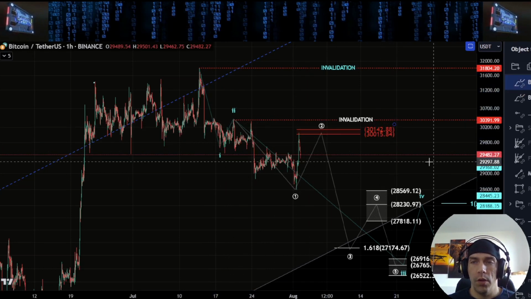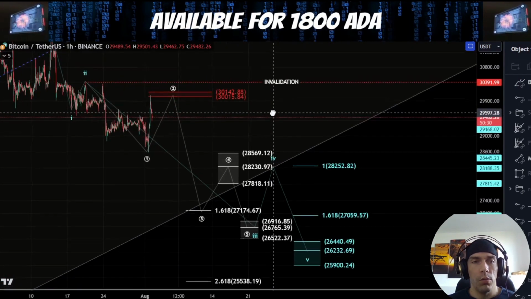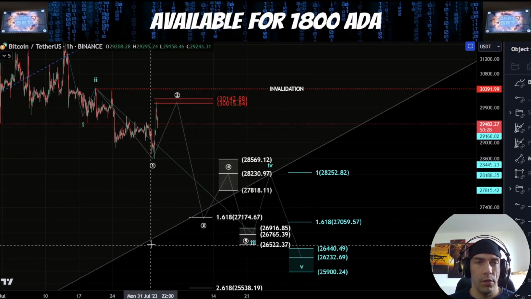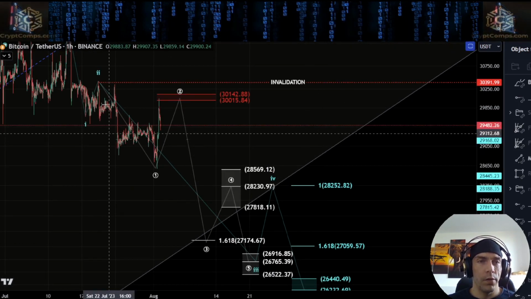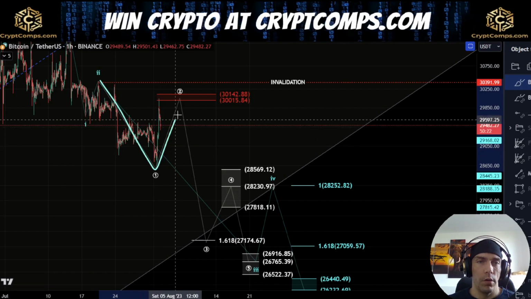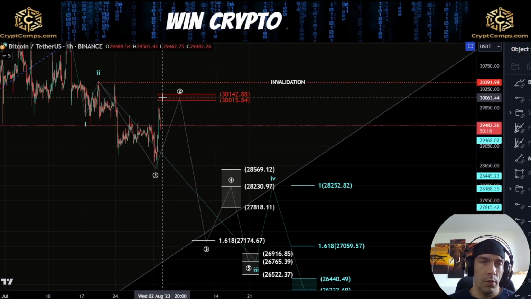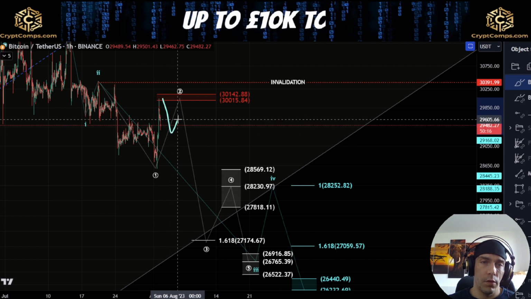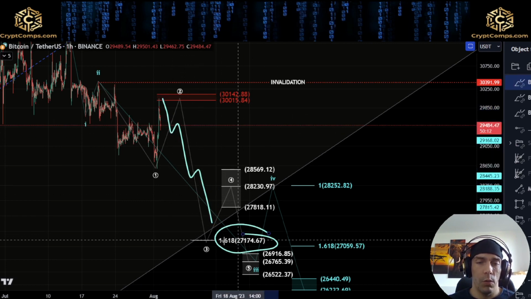And until we actually break above this invalidation point of this 30,391, what we need to be cautious of here is the potential that we could still see price look to break down in a bigger way. So if this is something like a wave 1 and we're looking for a wave 2, we have come up into this 786 already. So I'm just going to be watching this move to the downside, just monitoring. If we start to see impulsive structure developing, we need to be cautious of this